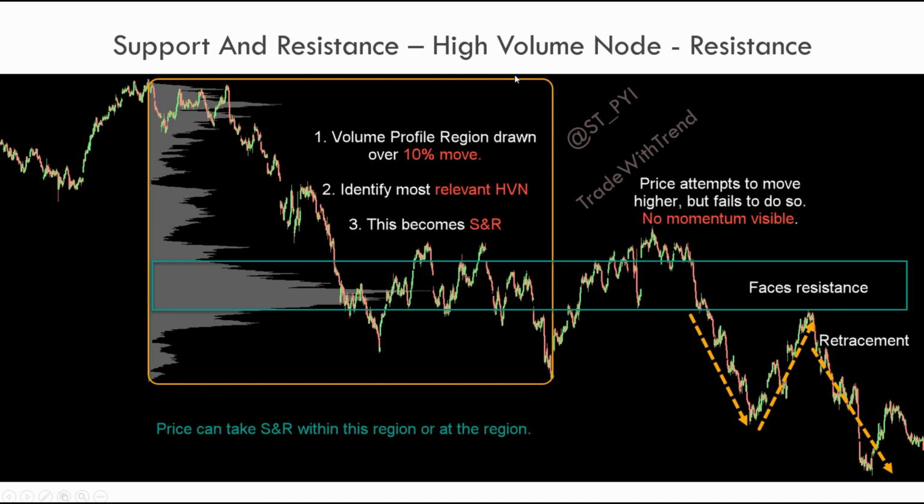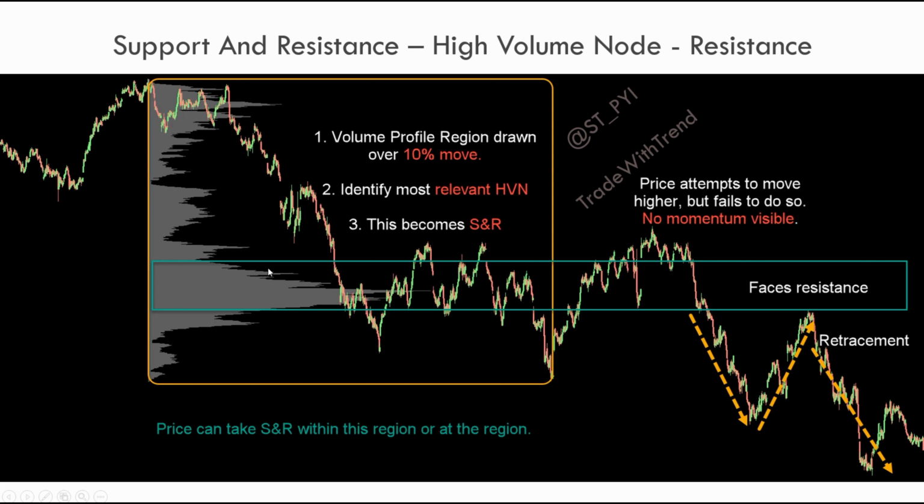Now I'll just repeat this box that you see. This is the region where the volume profile has been plotted, that is this swing high to this swing low, and currently we are trading here. So once we have this distribution on the chart, in case price has to break out of this high volume node, the next relevant volume node is this region. So if the trend is strong, price will break out here and simply gravitate towards this high volume node.